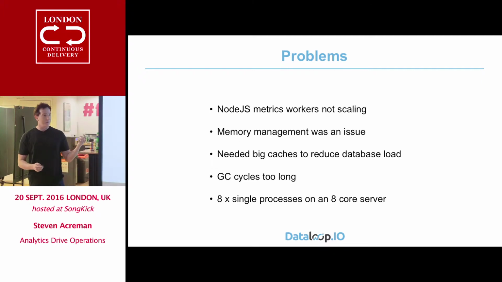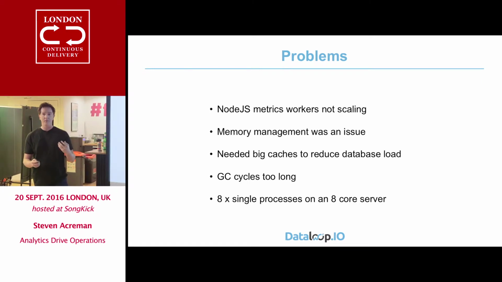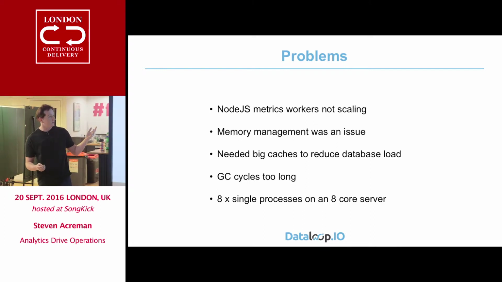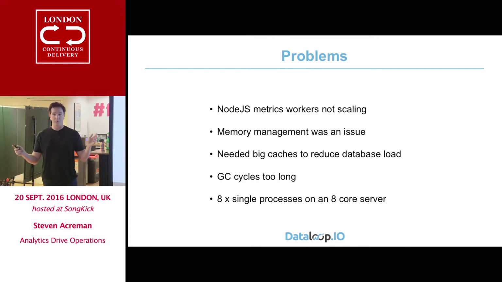The thing with Node.js is you get to about 1.5 gigs of memory, and then it just falls over. It will start garbage collecting at around 1 gigabyte of memory. So what you then end up doing is, obviously they're single-threaded, so if you've got 8 cores in a box, you run 8 Node.js processes. None of them talk to each other, so they all talk over the queue to each other on the same box, which is okay. It's kind of working, but yeah, you've got to keep an eye on them.